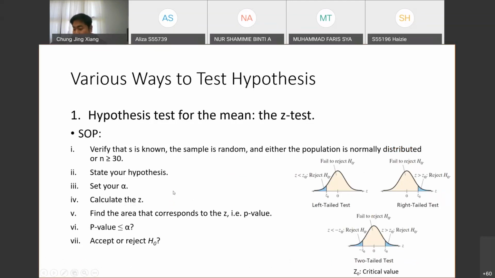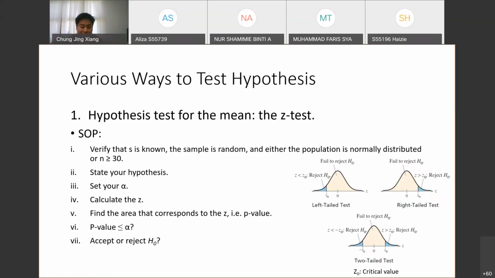Okay, so let's say Z naught. Z naught is the critical value, the range where you can start to reject your H naught. This range depends on your alpha, actually. When you look in the Z score table, you want to find, let's say,